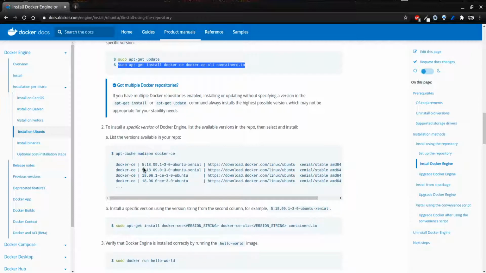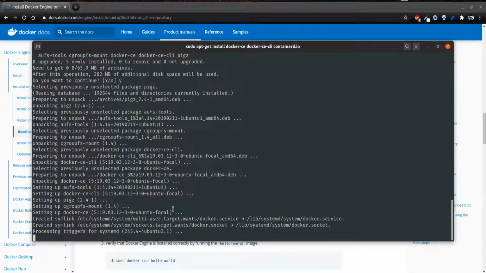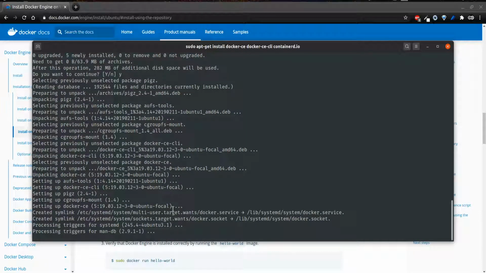If you want to install a different version, you can go to 2.a and 2.b. You can follow this too, and you can install the other versions, right? If you don't want to use the latest version, if you want to use an old version, you can do it like this. Okay, so once it is installed, right, okay, when it is doing this,